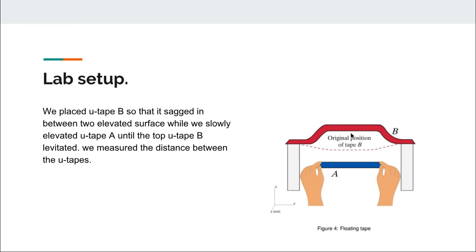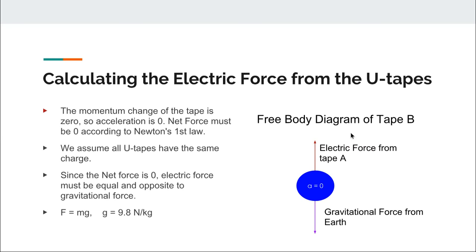The electric force here was repulsive. Since U-tape A and U-tape B were of the same charge, they repelled one another. And we took the distance between the U-tapes. In order to calculate the electric force of the U-tapes, we noted that the change in momentum of the U-tape was zero. So the acceleration was zero, and according to Newton's first law,